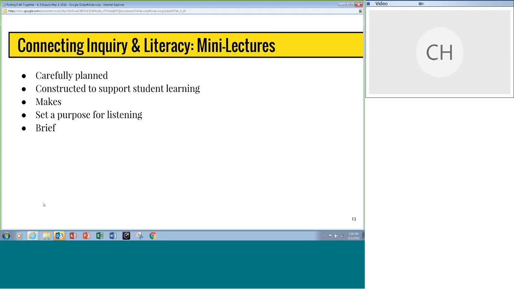Now, the idea behind the mini lecture is that it is really carefully planned. It has a very clear purpose that supports student learning, and it's short. The problem with the mini lectures for teachers is that they do have to do research and they do have to design and create those mini lectures. What we really strongly recommend is that we work together, whether it's through districts or between districts, at really creating shared mini lectures that support the work and lessen the load for teachers who are responsible for teaching so many